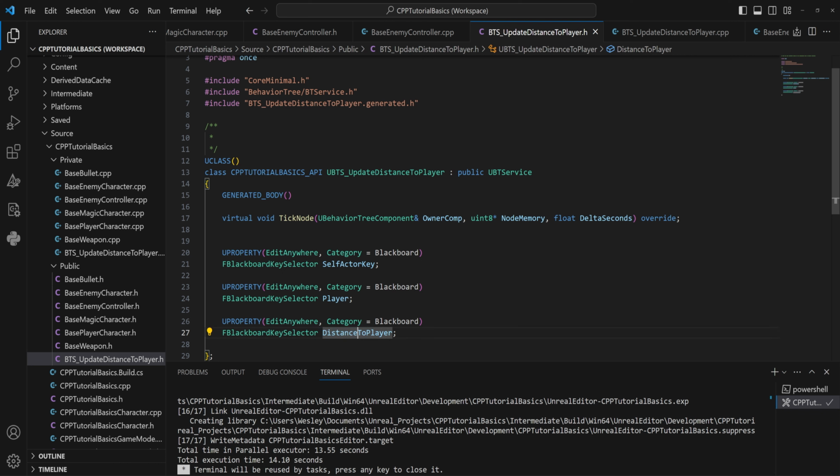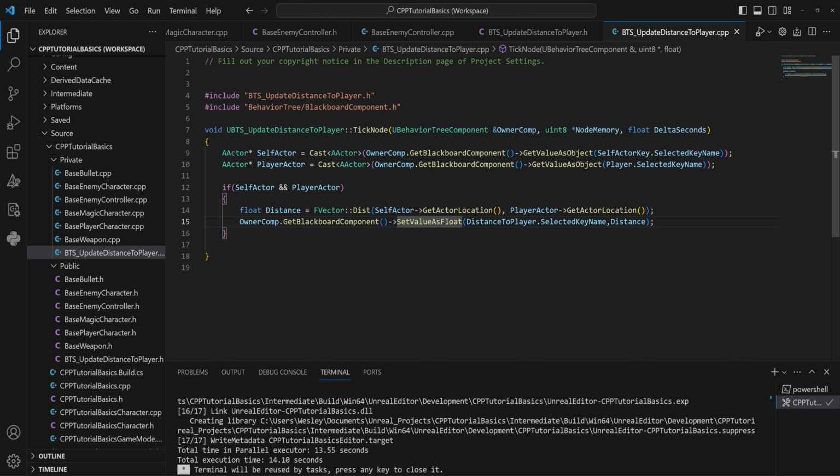Meaning that if we put an object or an actor into this distance to player, it's going to try to write a float value into something that cannot take in a float value, and that's going to cause problems. So you do need to be aware of what keys you put into what key selectors and how you use